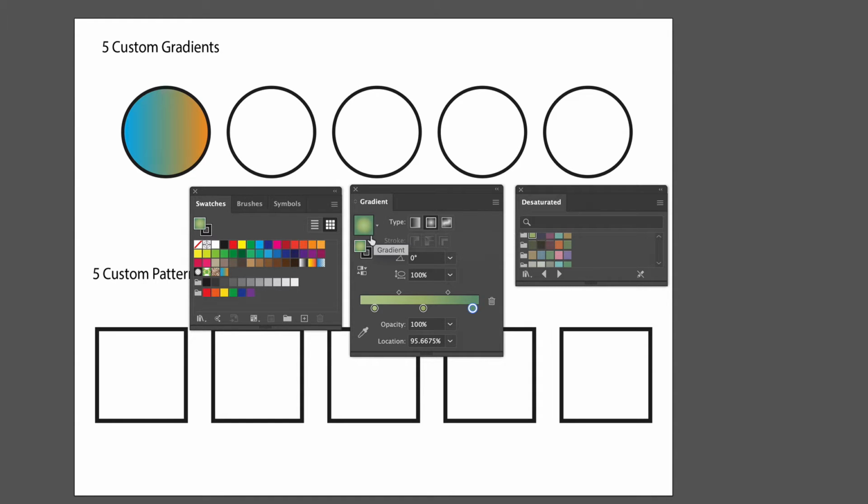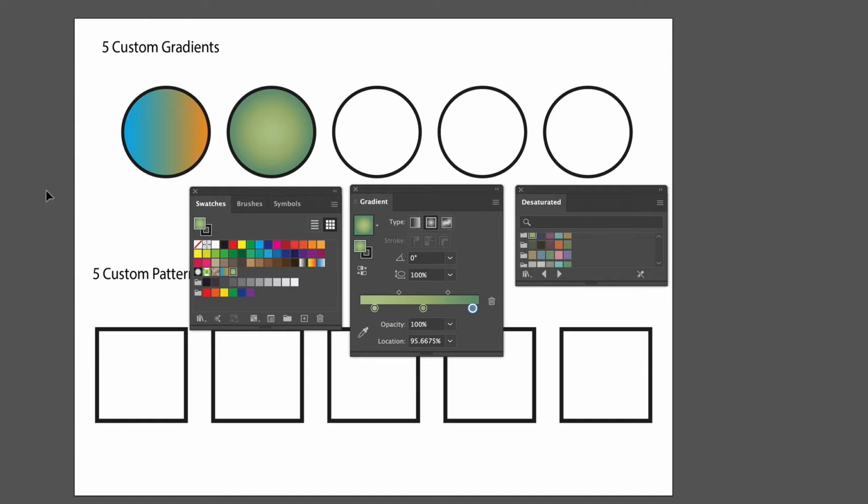All right. And once again, once you make a gradient, you could bring it over here and drop it on your swatches panel if you feel like you want to do that. You don't have to do that. I could take this thumbnail and drop it right onto a shape, and it works, right? So that's possible as well. So again, one of the primary ways that you can make a custom gradient is to pick your own colors. Do your own thing rather than just take whatever